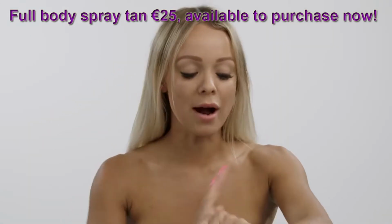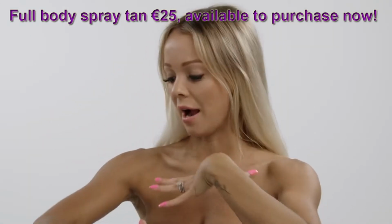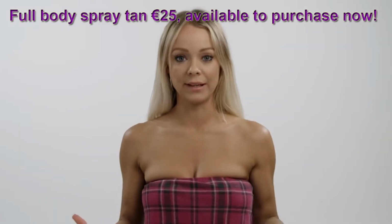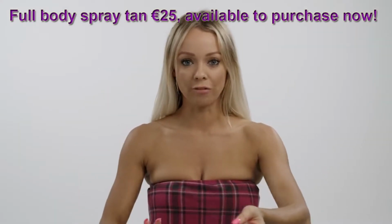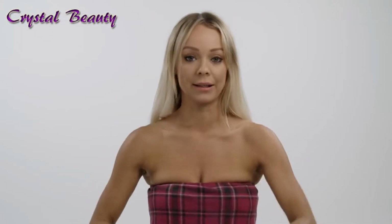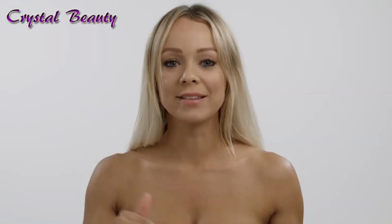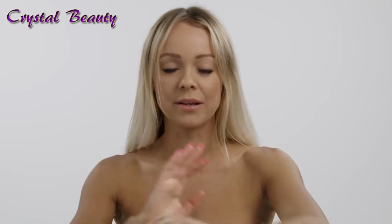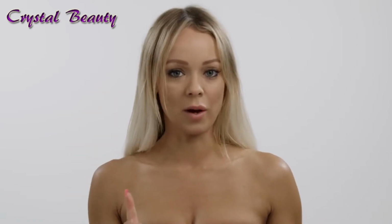Don't scrub with lots of soap and oils and things like that. You just want to get in the shower, have a quick rinse, make sure the color guide's off. Basically just stand there until the color guide is completely running clear. The shower is running clear, the color guide's gone all down the drain. Once this has happened, get out, pat yourself dry, don't rub,